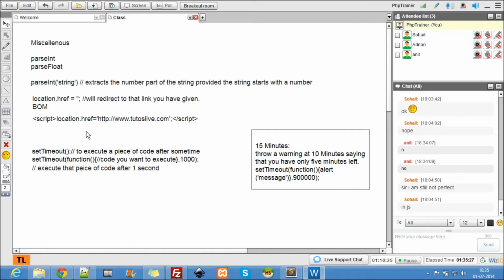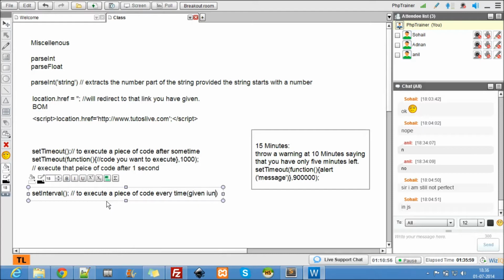Alright, so the next and the last of today's topic, this is fantastic. I really love this function, setInterval. setInterval is used to execute a piece of code every time, or for the time given, again in milliseconds.